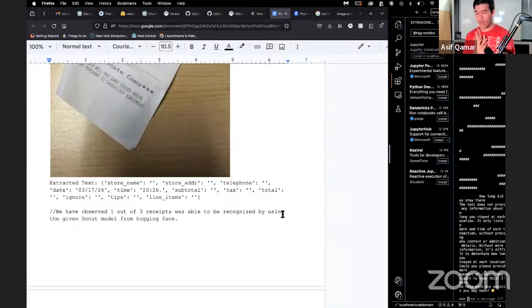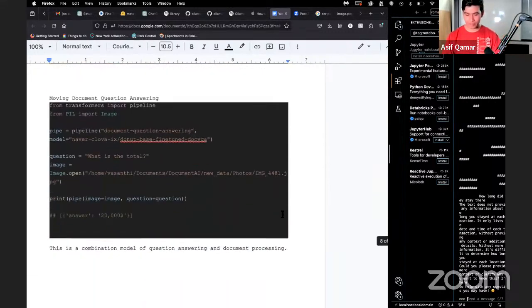Using that, we wanted to try another model, because we assumed that this Donut model that was fine-tuned on receipts might be too specific to having a receipt in a very particular manner. Maybe it had to be completely straight, or have a certain background image, we didn't really know what data it was trained on. So we were like, okay, what if we tried training or using our own Donut model? We ran into a whole bunch of environment issues that we're still currently figuring out on that side. And when that part of the team was figuring out that part of Donut, we then moved